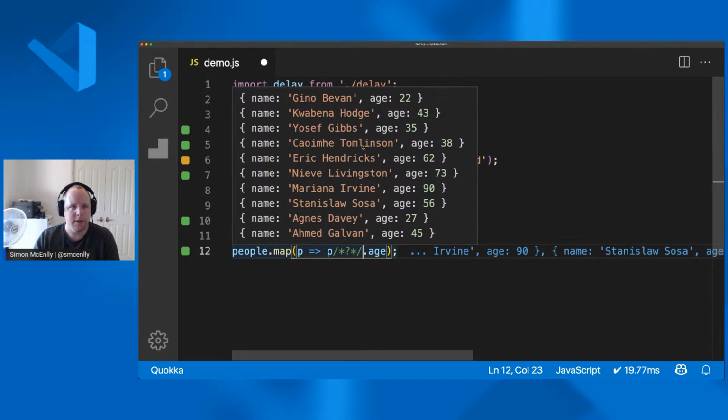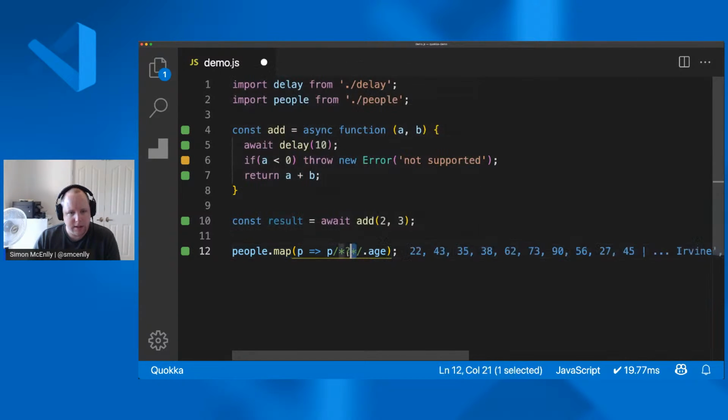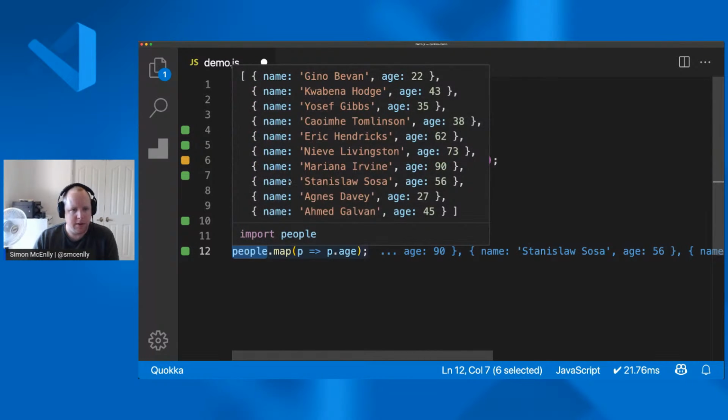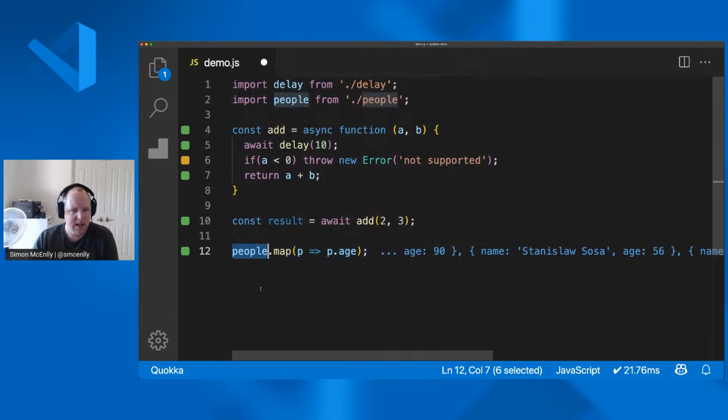If I hover over, we're seeing that displayed in our hover as well. Let's just get rid of our multi-line comment. I could also select people, and again, I'm logging people. But in this particular case, I may not be super familiar with the data, and we're going to come back to have a look at this feature again in a little bit.